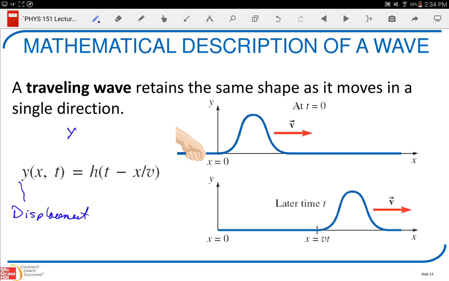So since x is equal to vt, then I'm taking this here, t minus x over v, if I divide everything by v. Then I have, if I move this across, well, I'm going to write this whole thing out very carefully. x is equal to x0 plus vt. And so if I divide everything by v,